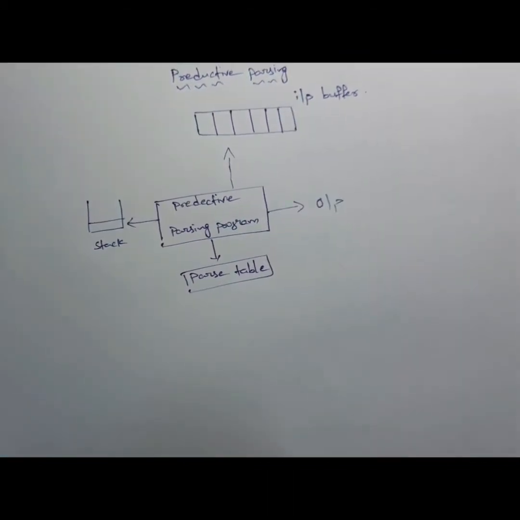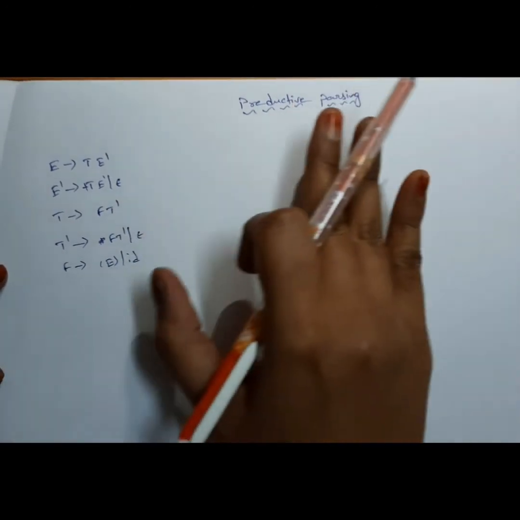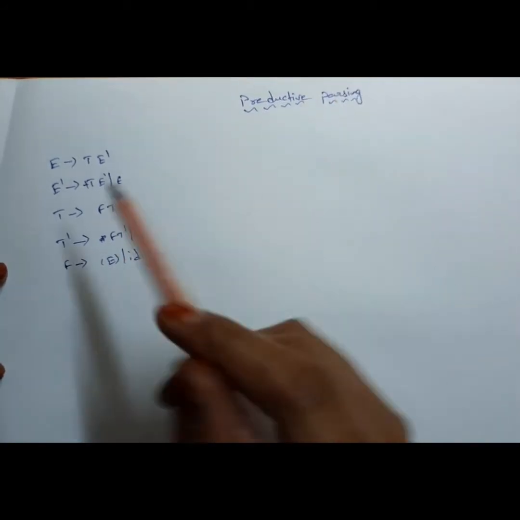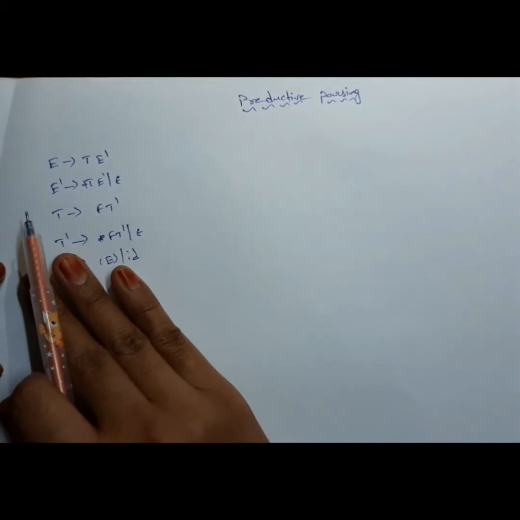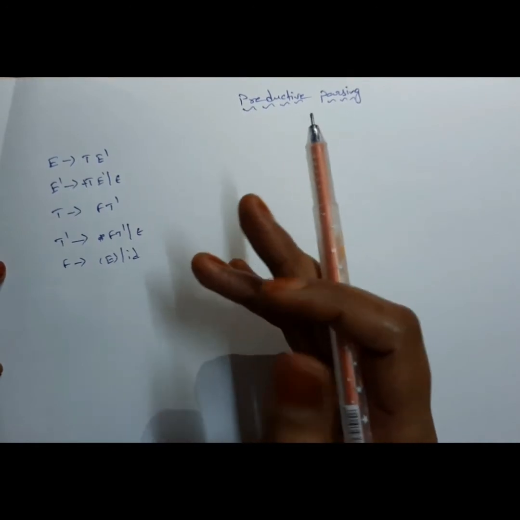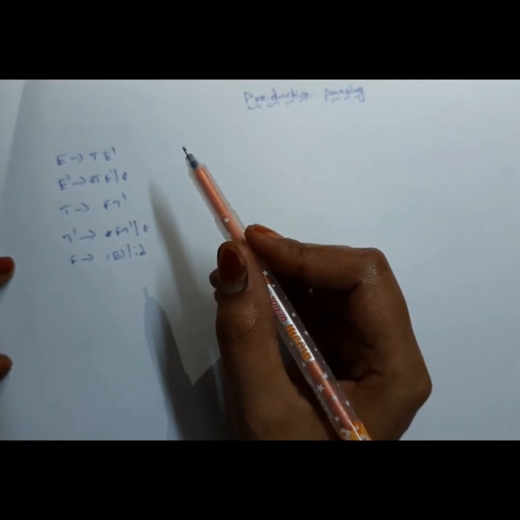Let us consider a grammar and check how the parse table will be constructed by using that grammar. This is the example which we have taken for the predictive parsing technique. This predictive parsing technique is also called the non-recursive descent parsing technique. First, for the grammar we have taken for constructing the predictive parsing table, we need to check whether the grammar has these four factors, that is left recursion, left factoring, backtracking and ambiguity.